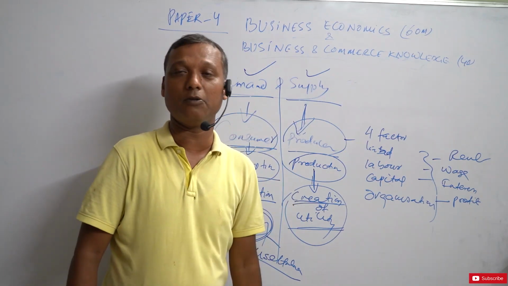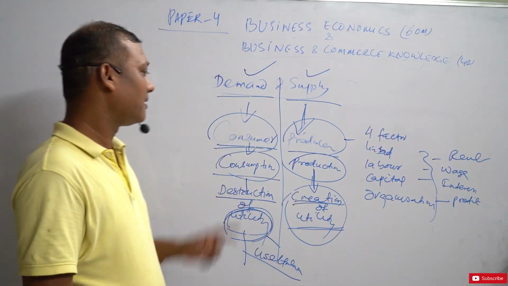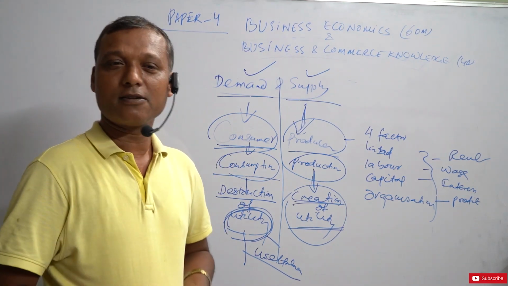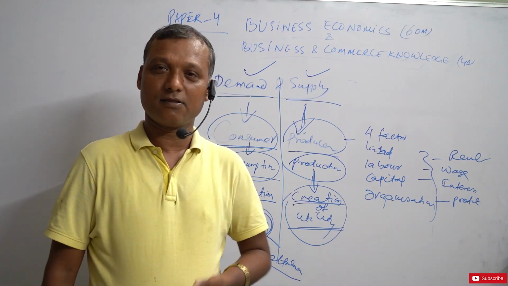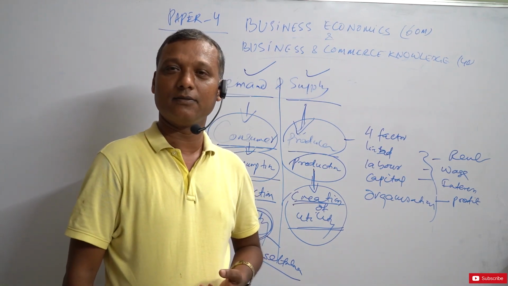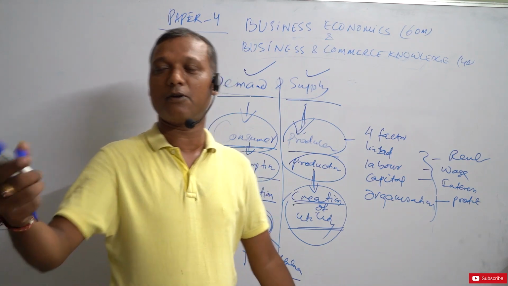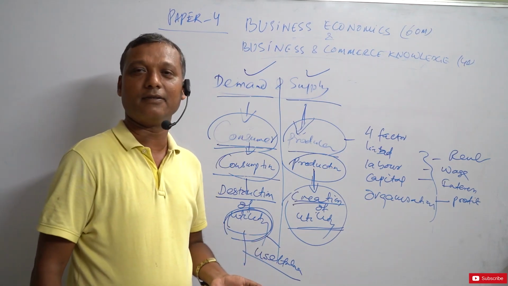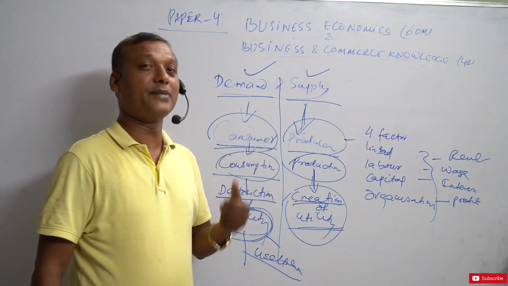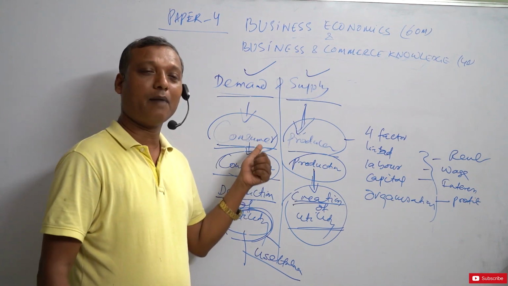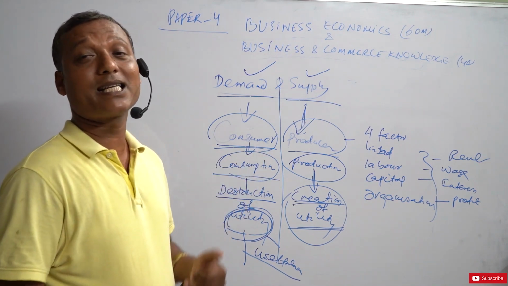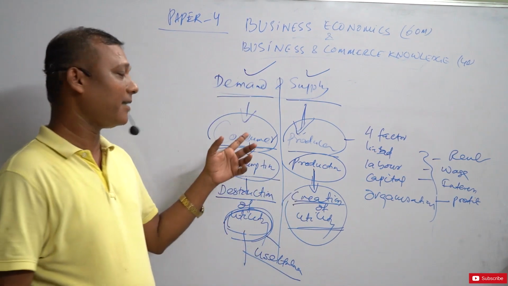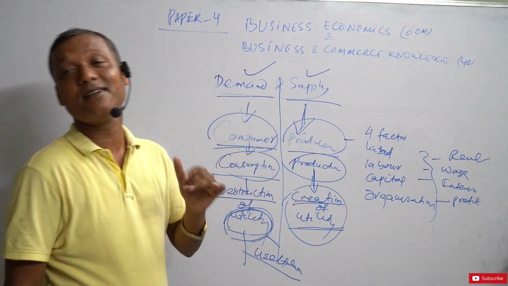And one more thing I would like to tell you, as in my starting class: every person has an objective. As a student, you have an objective. Somebody wants to be a cost accountant. Somebody wants to be a chartered accountant. Sunil sitting over there is telling that, sir, I want to be a chartered accountant. So everybody has an aim in life. Like that, the consumer also has an objective. The objective of the consumer is to get maximum satisfaction.